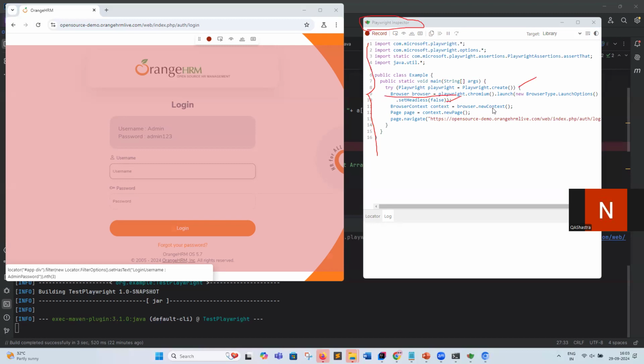A browser context is created, a page is opened, and we navigate to the particular URL that we have provided. After that you can also do some actions on the page. Those actions will be recorded and the commands inserted automatically. Now I will give an overview of the options available in the Playwright